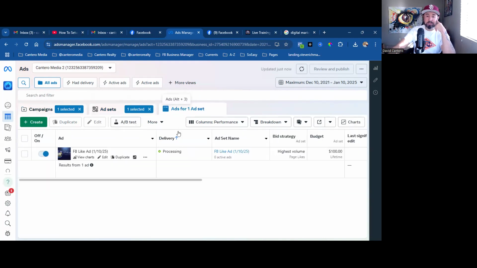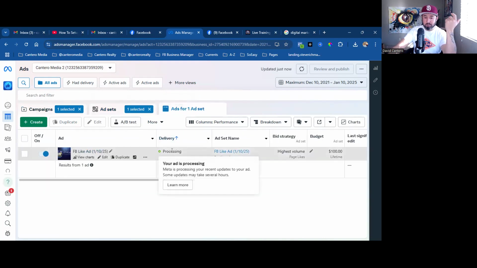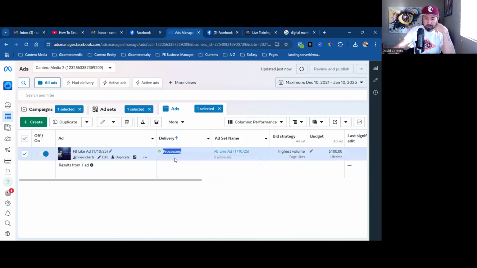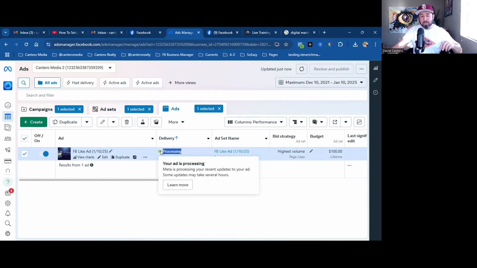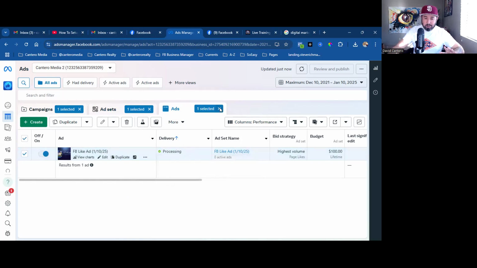The third and final step that they're approving is what I wrote and the image that I actually used. Okay, that's what's processing. Once they approve this, it says right here, look, your ad is processing. Meta is processing your recent updates to your ad. Some updates may take several hours. Okay, so in closing, you guys, you'll see this go scheduled, and that's when your ad is set to go